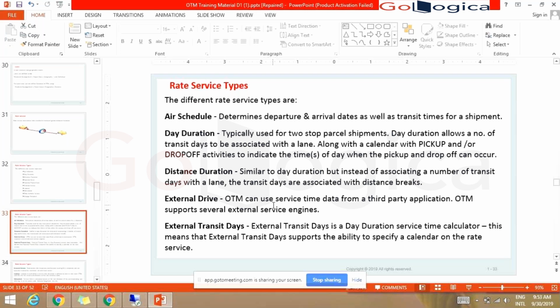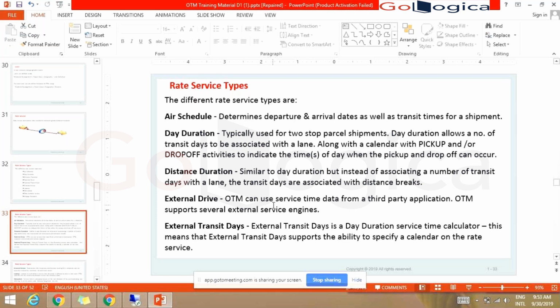And basically, as of now, I used simulation, lookup, and external drive. The rest I haven't used any time, and I think once I have used the day duration. Most of the rates will be configured, if you can see, with the lookup or simulation or external drive.